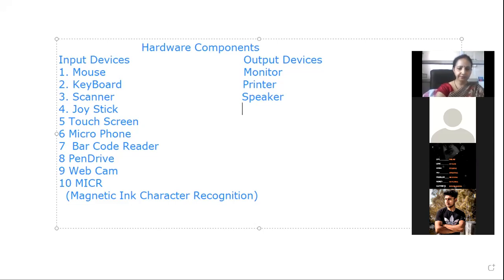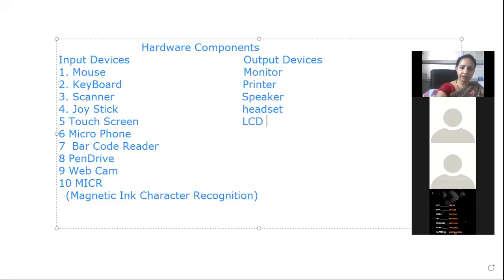Then we can write headsets. Then we have LCD, projector. Projectors, I had to write projectors. Okay. Then after input devices, we have